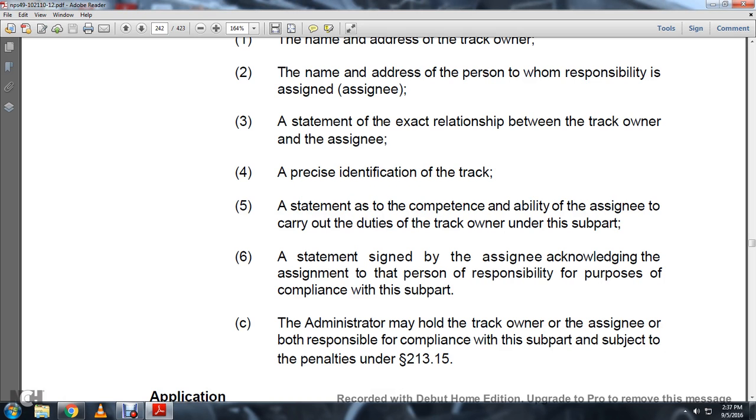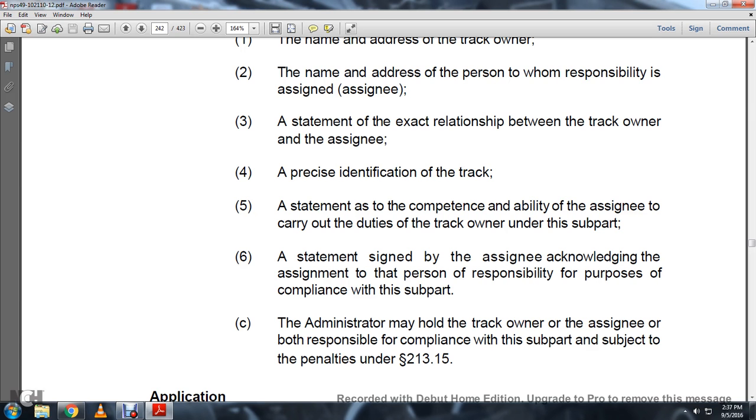Where were we? A precise statement of the exact relationship between the track owner and the assignee, identification of the track, a statement of competency and ability to carry out the duties of the track owner under the subpart, and a statement signed by the assignee acknowledging the assignment of responsibility for the purpose of compliance with this subpart. C. The administration may hold the track owner or the assignor or both responsible for compliance with